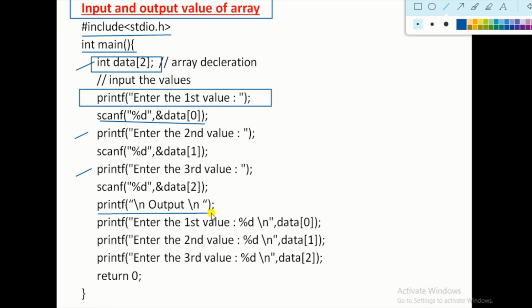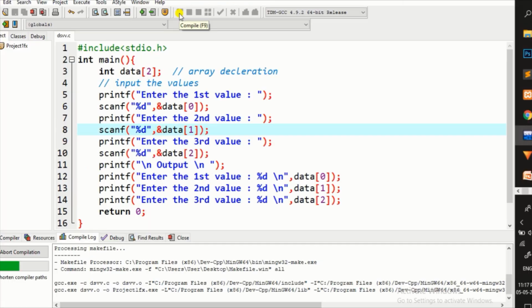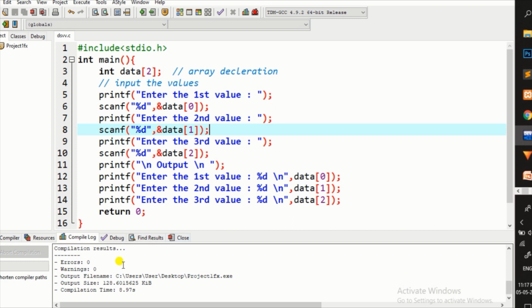Now we display all the values we have stored inside the array data. We write 3 printf statements, and inside them we write messages: enter the first value, enter the second value, enter the third value. So we print all the values we entered. Let's practice this code. Here you see that I wrote this code. Now compile this code. You can see that there are no errors or warnings. Now run this code.